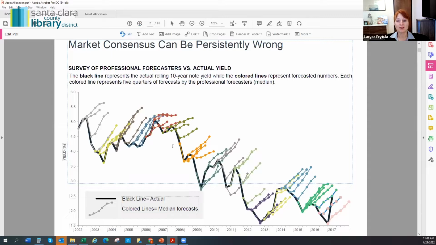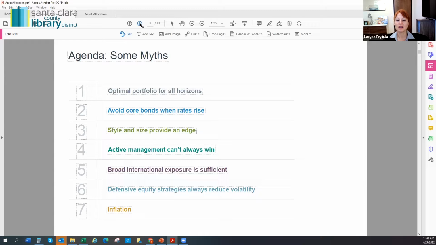The black line is showing the interest rates, the actuals, what is actually being, and the gray and yellow and all kinds of colored lines show the average forecasters. So you see how much forecasts deviate from actuals. So predicting interest rates is very difficult. And the reason I'm showing it is because I want everybody to understand how difficult it is to really position your portfolio the way that the interest rates are going.